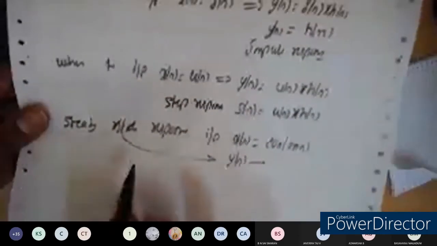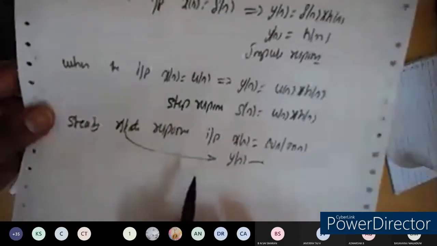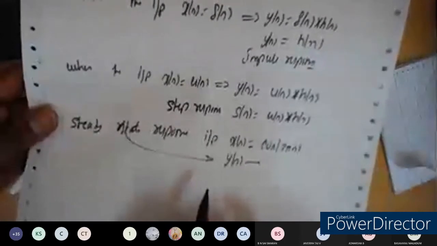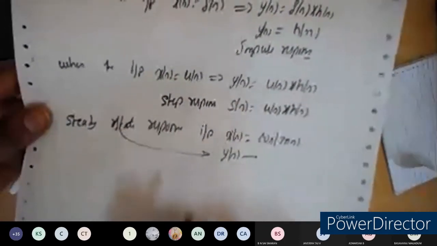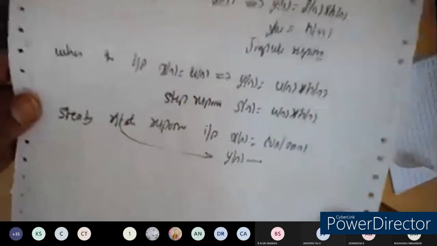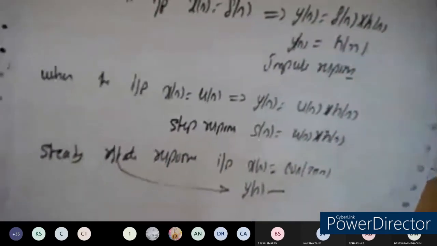When the input x of n is a steady state signal, then